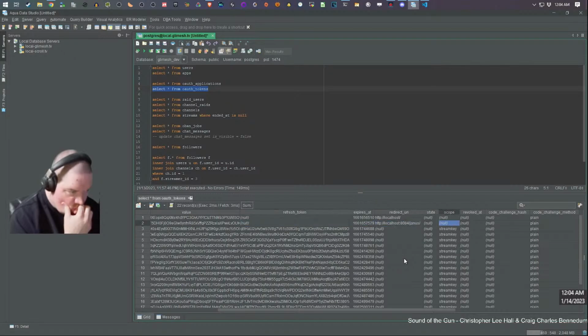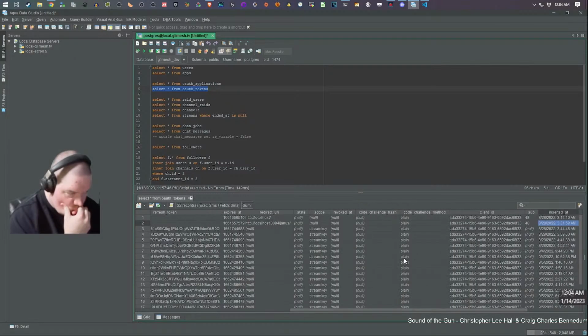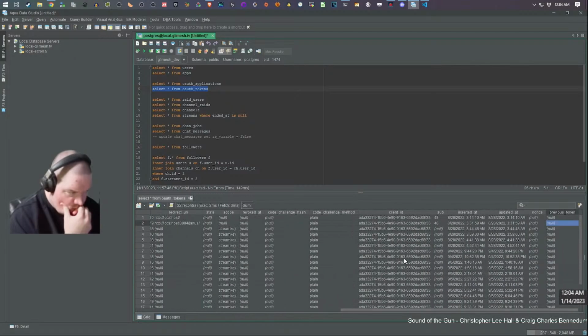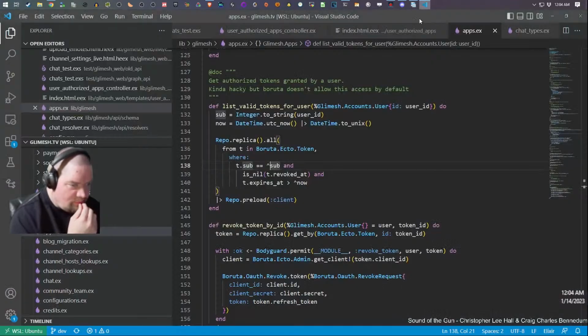Yeah, it seems to me like that's the real issue, as I was looking at expires at.